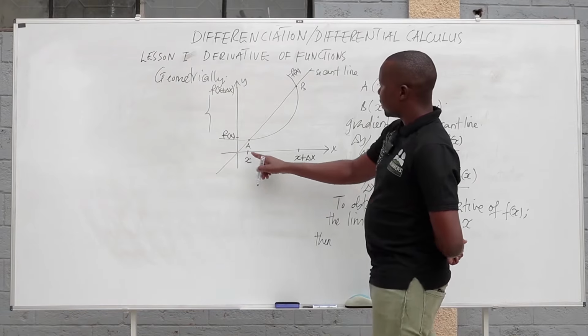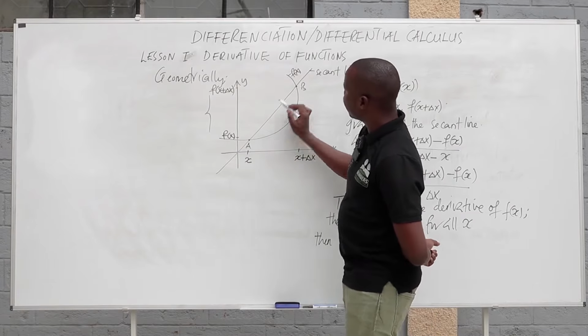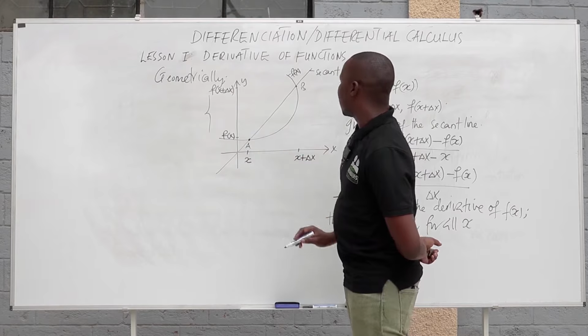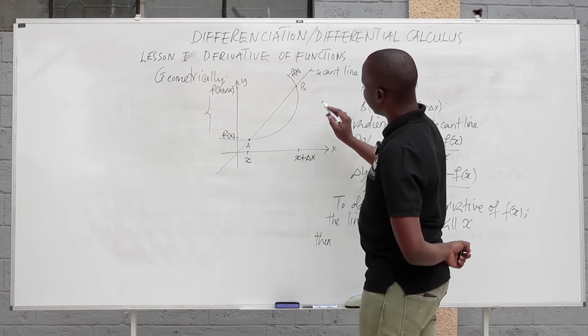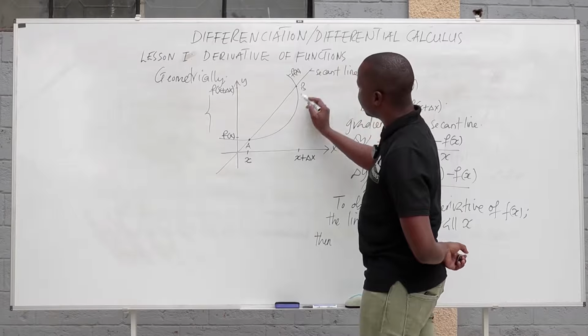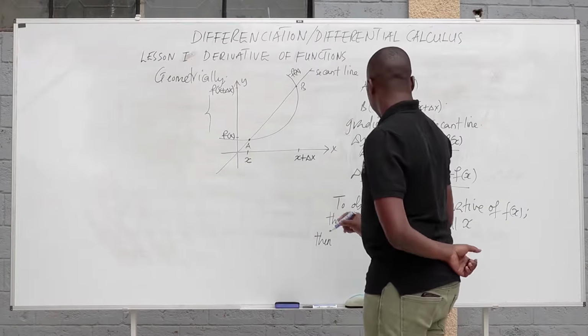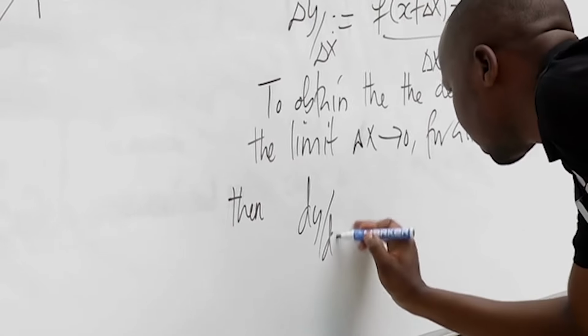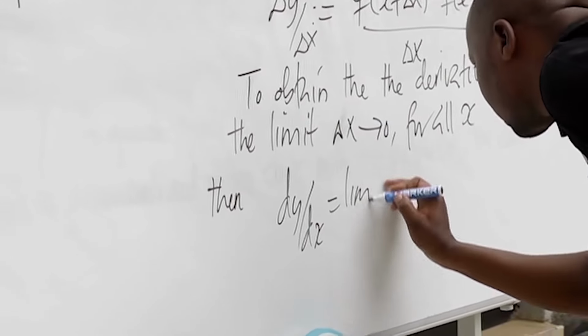When this change in x becomes 0, it means we'll have the derivative of the curve at point A, where we can say this second line has been reduced to become the tangent line. So we'll have dy/dx equals